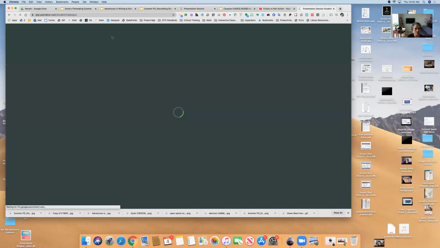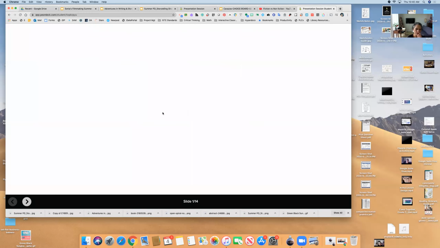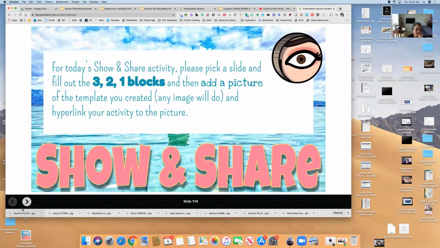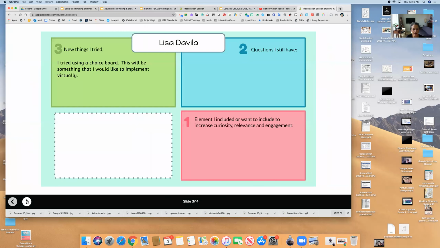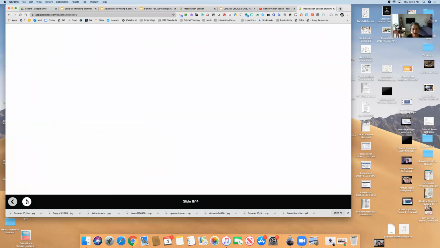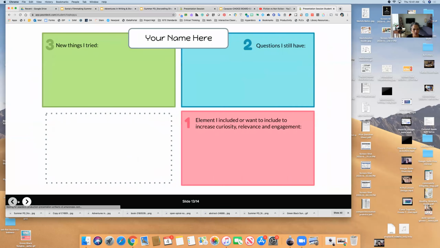Because let me show you what happens. I'm coming into the Pear Deck as a student now. And all of this, I mean, it's fabulous if you're wanting students to use this for asynchronous learning and then do an interactive activity. You can add interactive activities in between the slides. However, they can't work together.